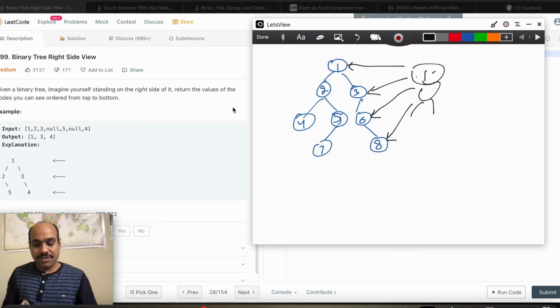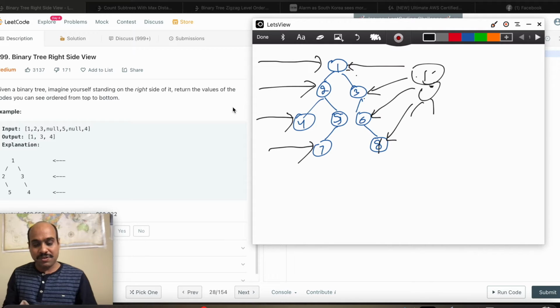And once you know how to approach any level order traversal problem, you will be able to solve this question, and it will be pretty similar if somebody asks you to print the left side view. In that example, you just have to print these nodes. And you can just imagine yourself on the left side or right side. It is always easier to visualize what the problem is. So if you think you are at the right side, it means you will only be able to see the nodes which are the rightmost nodes in all levels.